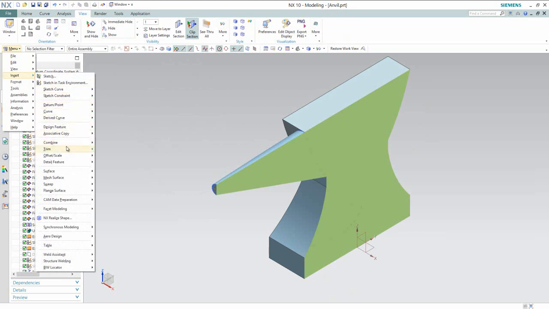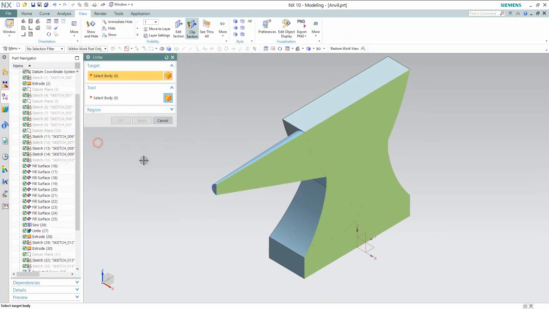OK, activate the unite command. Select the first body and second body, click OK.